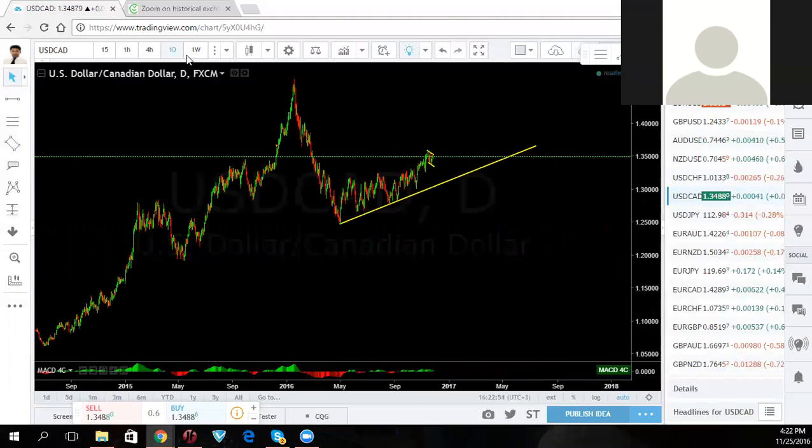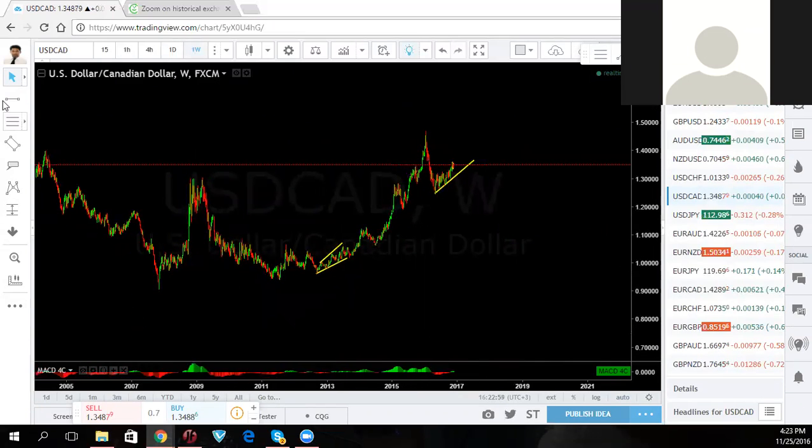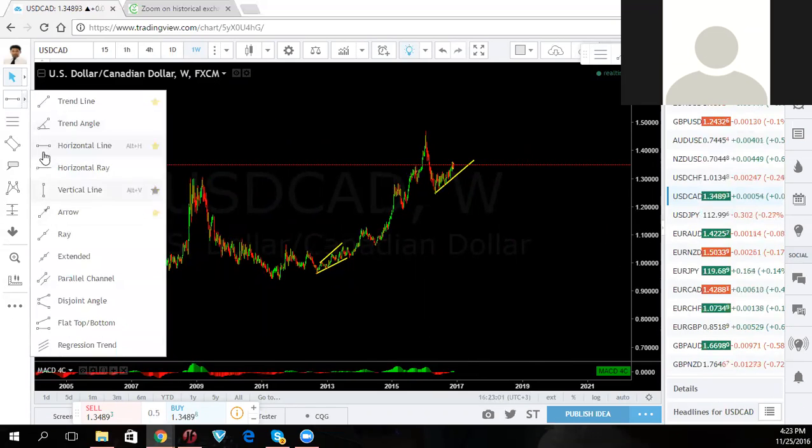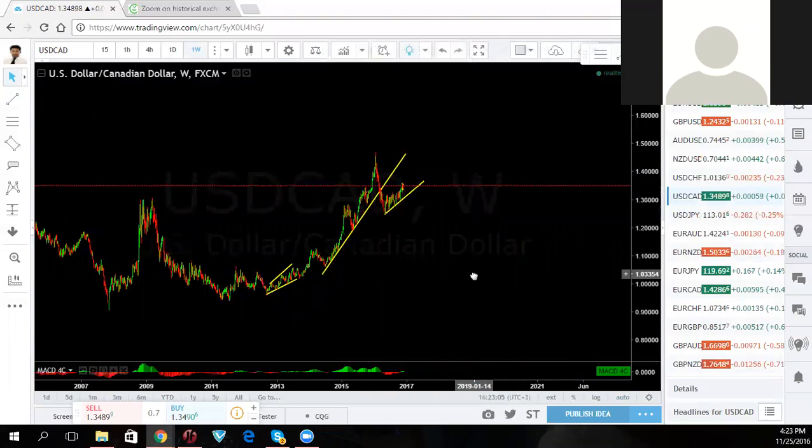This was the up impulse. When you look at it weekly, that was the up impulse. This here was the up impulse, and we broke that trend. Remember what I said, when you break the trend, they're going to move away from that zone with a very sharp move. And then they're going to start the consolidation.